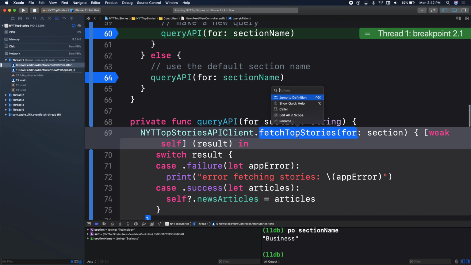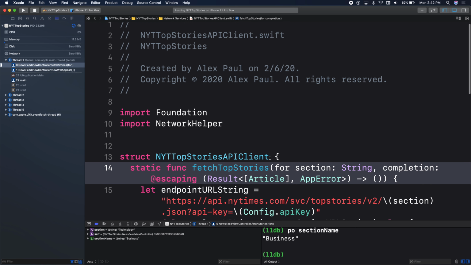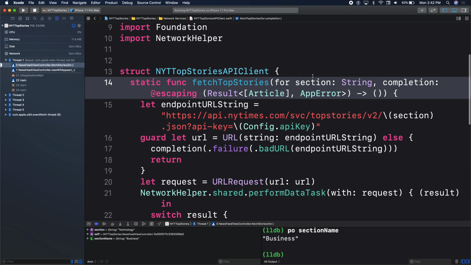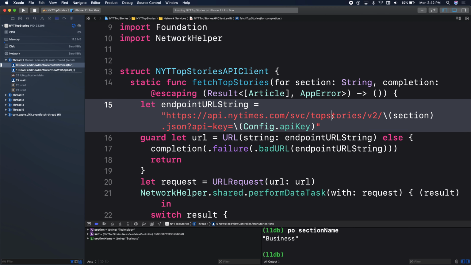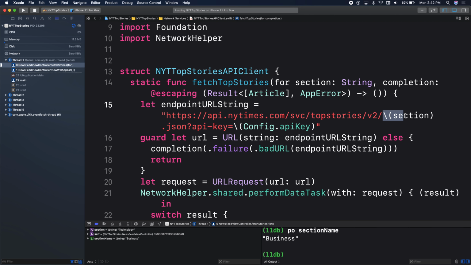to fetch stories, jump to definition for fetch stories, and we get here. We have a section. But look at this. Oh, we actually updated this too. Great. If you still have a hard-coded New York region in your API key, this is not going to work. If you have, for example, here,